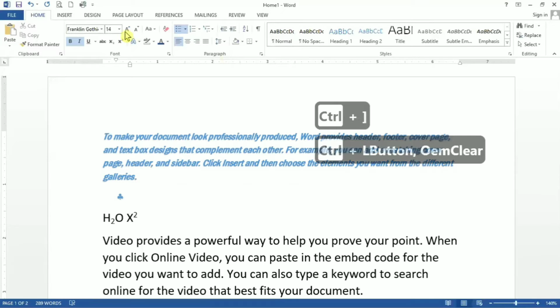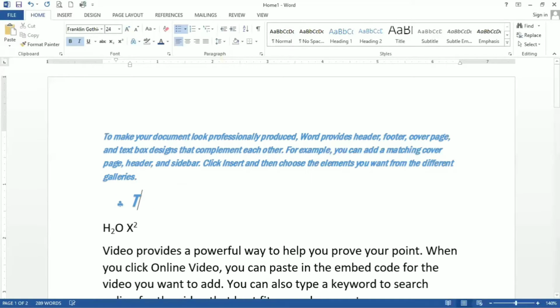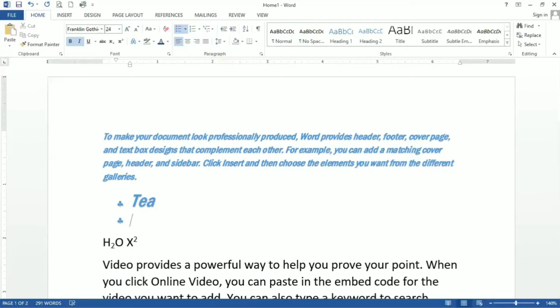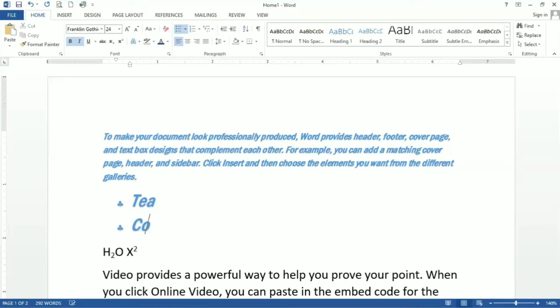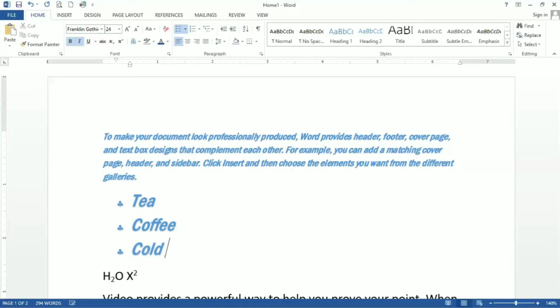Let me increase the font size once. I have increased the font size. Fine. So here, for example, I have made one list: tea, coffee, cold drinks. This kind of list you can make.